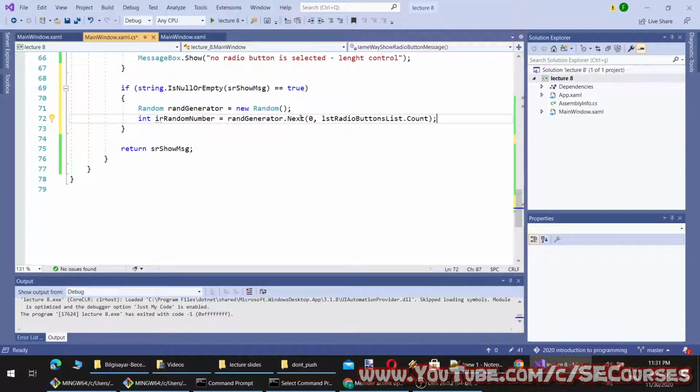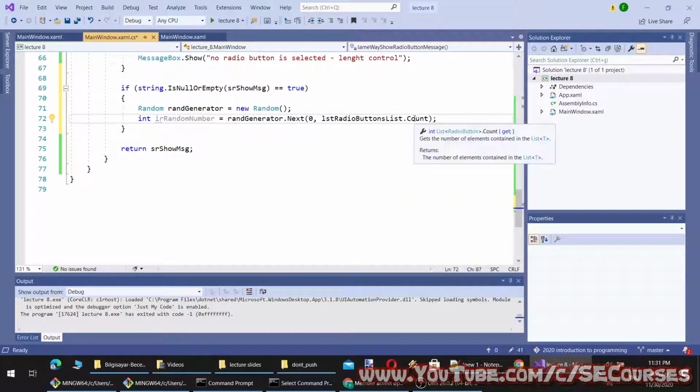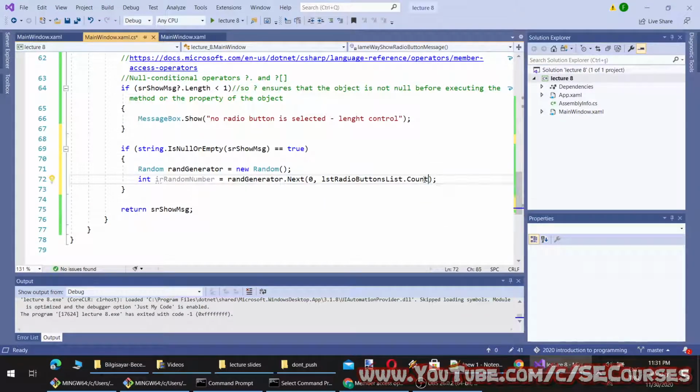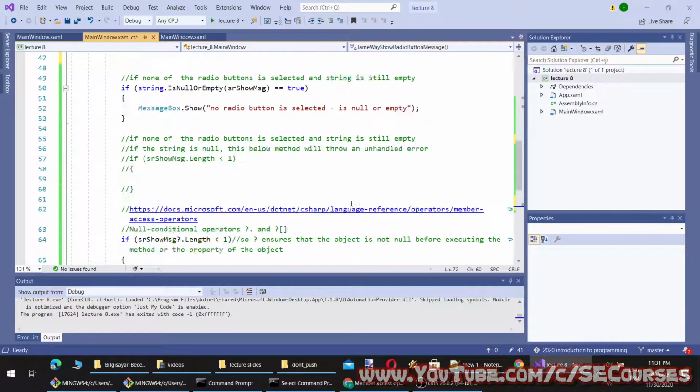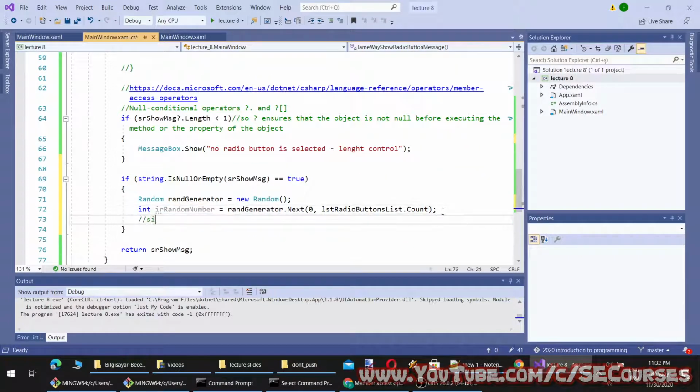Okay, so this will generate numbers greater than or equal to the minimum value, so it can be 0, and less than the max value, so it won't be equal to 4, because this list has 4 elements, and therefore the maximum number it will return is 3.